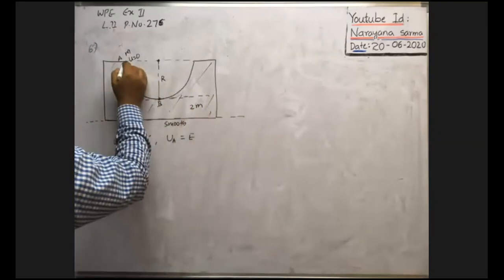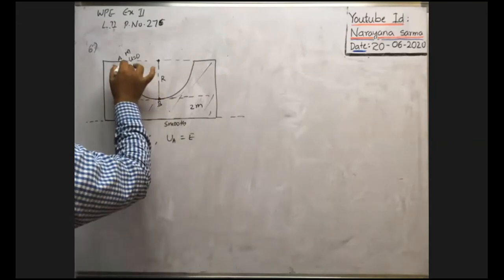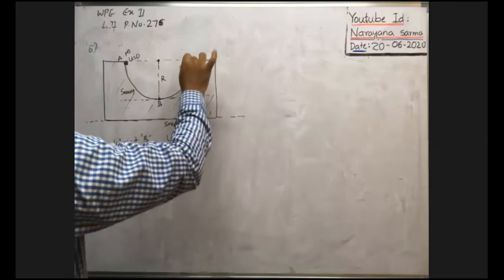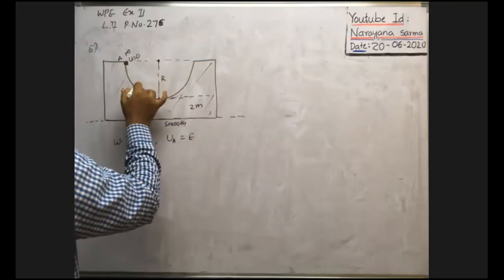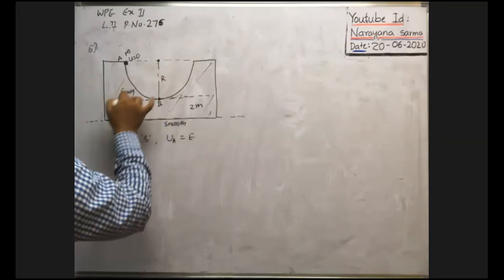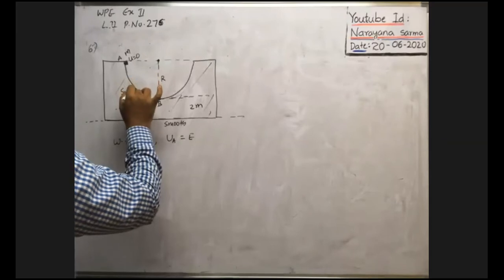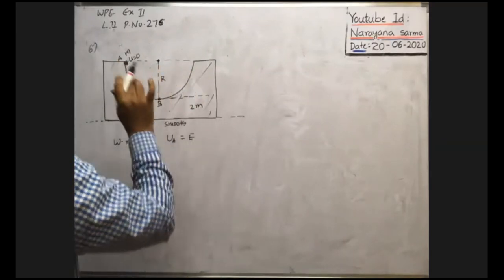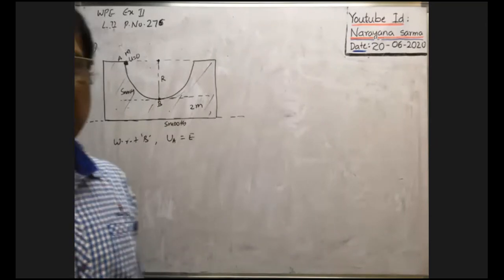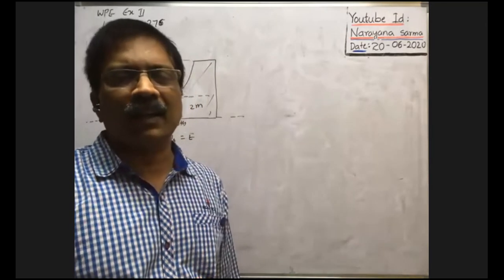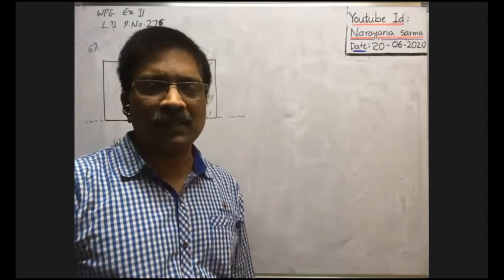Okay, whenever the body comes from this position to like this, as the body travels along the circular path, a centrifugal force acts on the body. That centrifugal force is away from the center in this direction. At the same time, the normal reaction exerted by this surface on the body is the internal force. Because of internal forces, the total energy does not alter. Even because of gravity, total energy does not change.